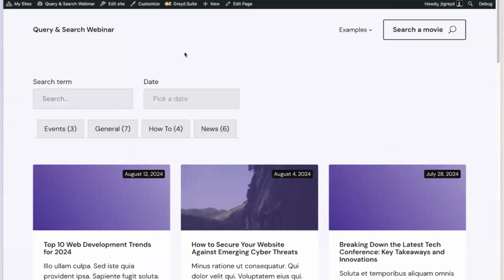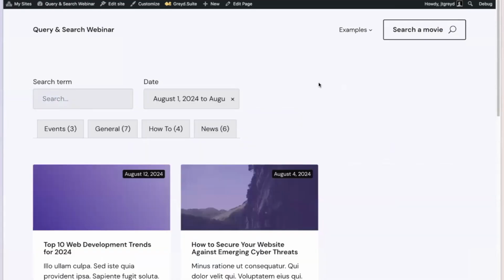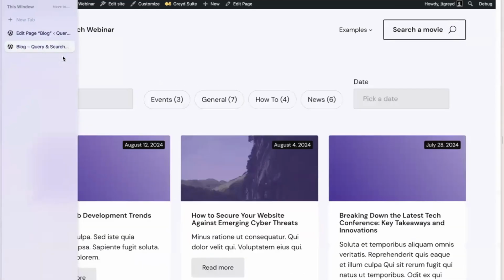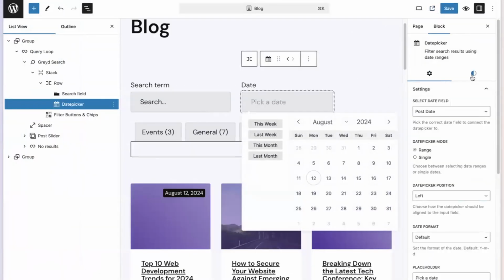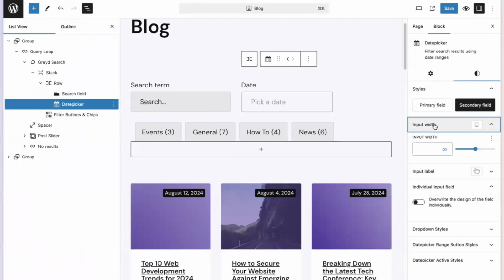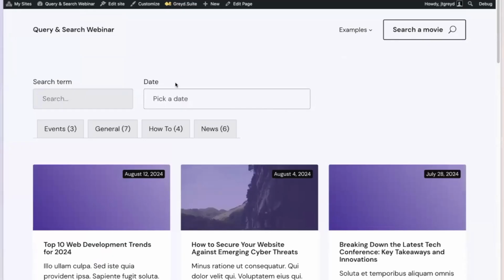So now, for example, if you select this month, you can see you cannot actually read everything. So let's get back into this and make this a secondary field to highlight it a bit more and give this a 500 pixel width, for example. So now you can see you have a lot more space for this, and you have your categories below, and you can filter by them using just clicks, and you can see them really easily.